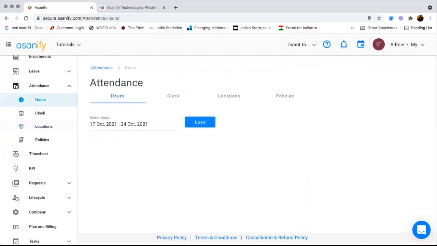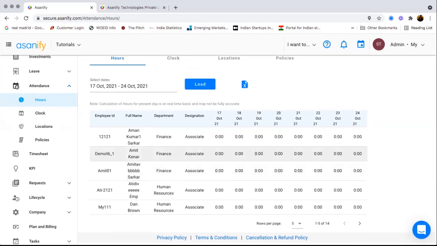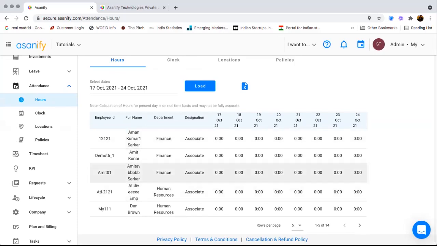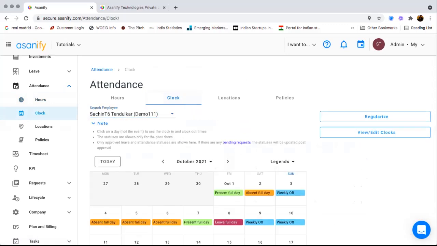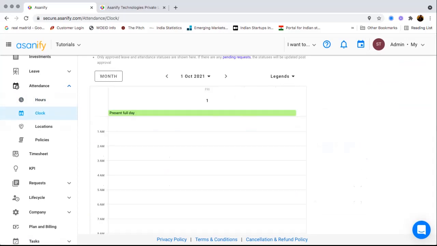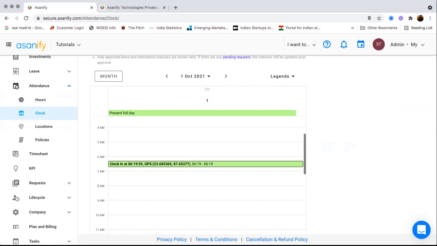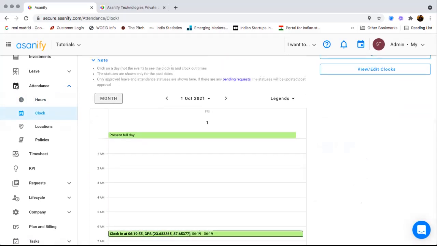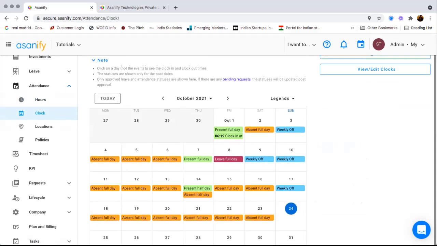Similarly, you can check the hours worked for any employee in your company, and see how many hours whichever employee has worked. You can in fact check what has happened for the entire month, when someone is present and when someone is not present. You can click on a specific date to see the clock in and clock out times, and also the GPS location if the location was there. And even the leaves, etc., will show up right here. If there's a half day or full day, all of this will show up here.